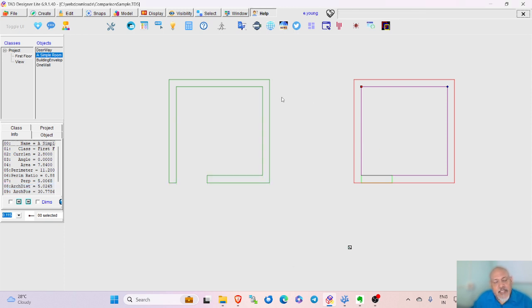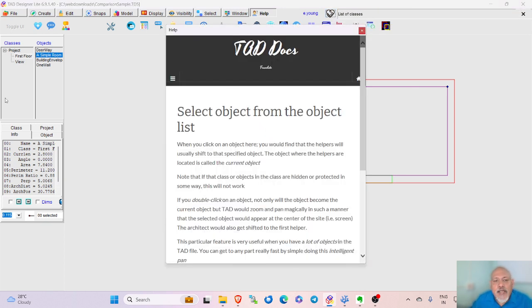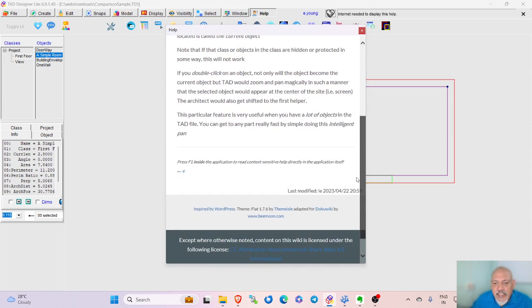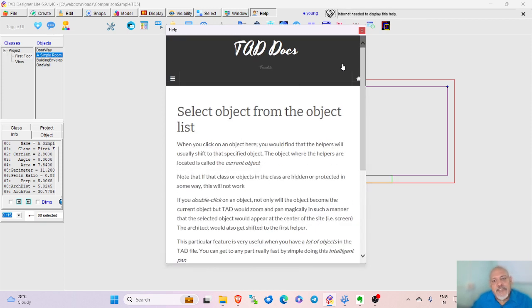And there is another thing which you can do, which a lot of youngsters do. They don't like to read any books or anything. They just want to play around and hope that they'll get to understand the software. You can do that here also. You can just click somewhere here and then press this heart symbol here, or kind of hand symbol, and it will tell you the context sensitive help of the last action which you carried out.